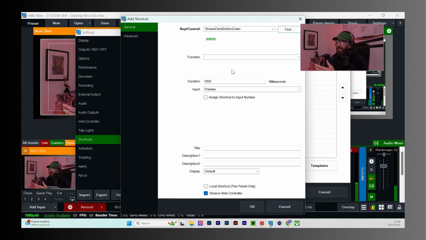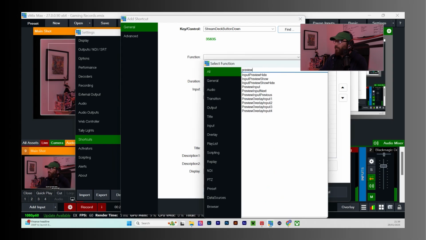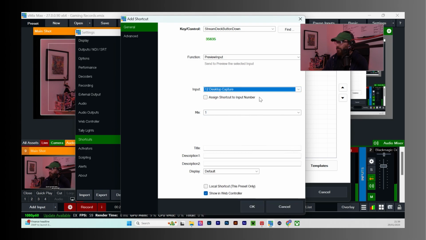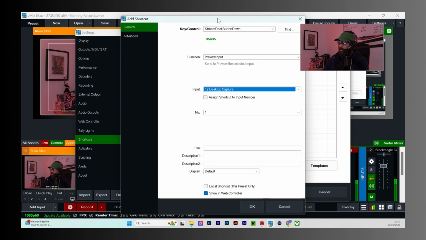Now that it knows that's the button we're trying to assign, we want to choose the function again, the same one as before. Type it in this time. Preview input. The input that we want is desktop capture. Double check if it's number 12, though, but I assume it is. We'll see.